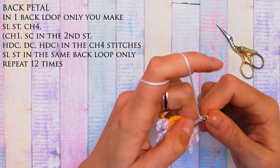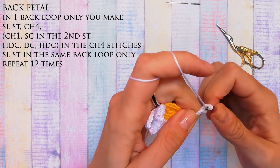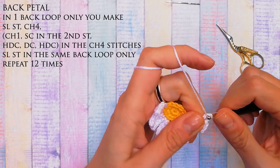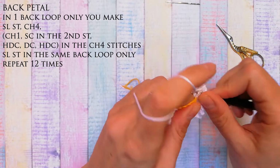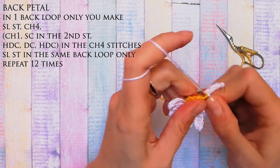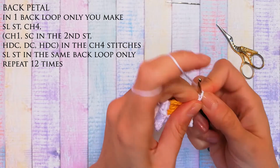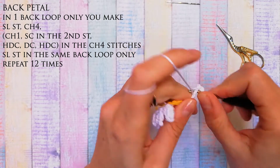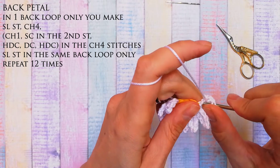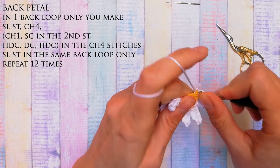Slip stitch, and then a single, a half double, and then a double, another half double crochet, and another slip stitch. Slip stitch, chain 4, one more in the second one from the hook, single crochet, half double crochet, double crochet, half double crochet, slip stitch, slip stitch,